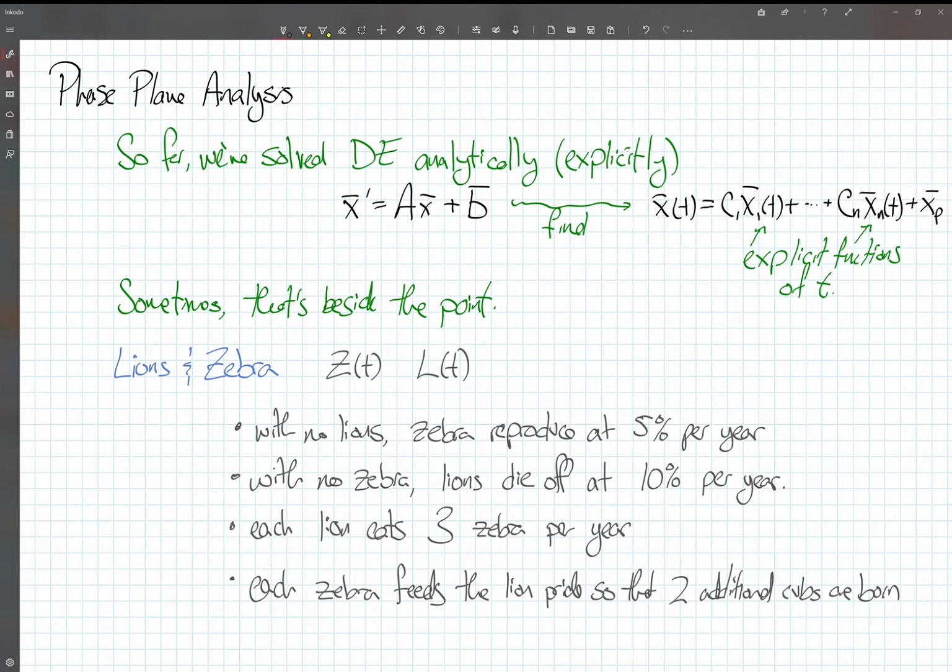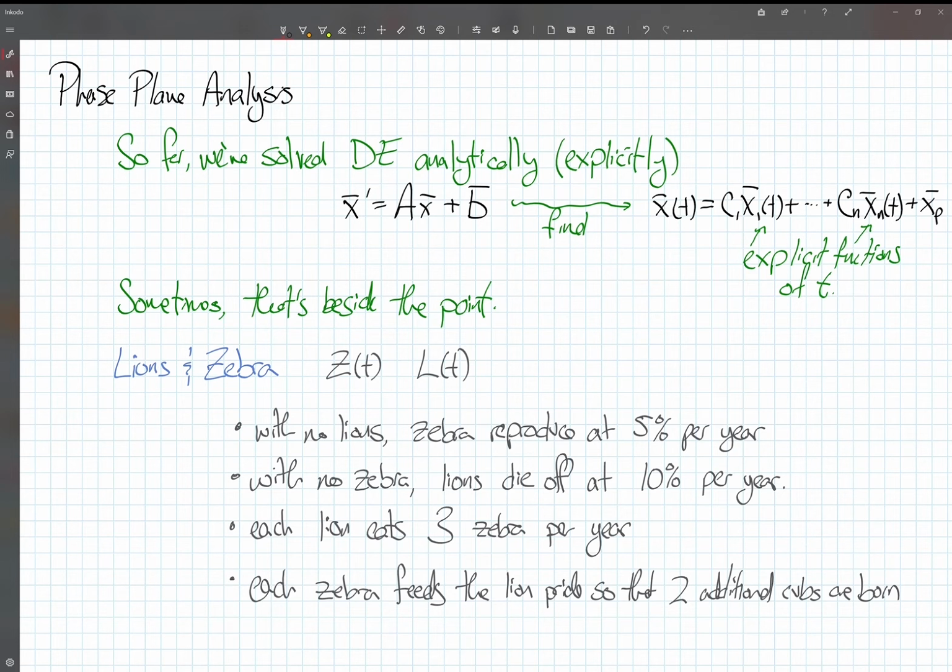We're going to assume that each lion eats 3 zebra per year. So if I have a very large lion population, that's a lot of zebras being eaten per year. I'm going to assume that the effect of eating zebra on the lions is to give them extra resources, enough so that each zebra will produce 2 additional lion cubs that year. So I'm just picking these numbers, but if you're a biologist, or if you know a biologist, you could ask them these numbers. The point is these numbers, 5%, 10%, 3, and 2, those are biological facts. A biologist could go out and observe zebras and lions interacting for a short period of time and understand how